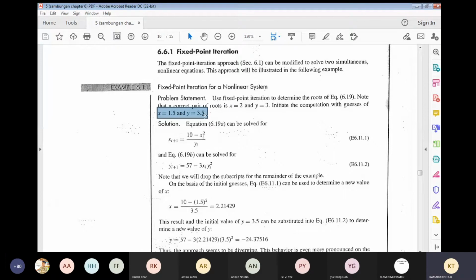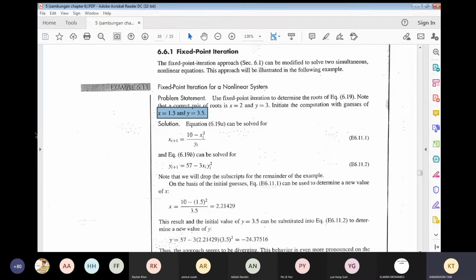It just so happens they choose values with decimal places, but it doesn't have to. You can start with x equal 1.0, y equals 3.0. If we maintain this initial value of x 1.5 and y equals 3.5, then we can write